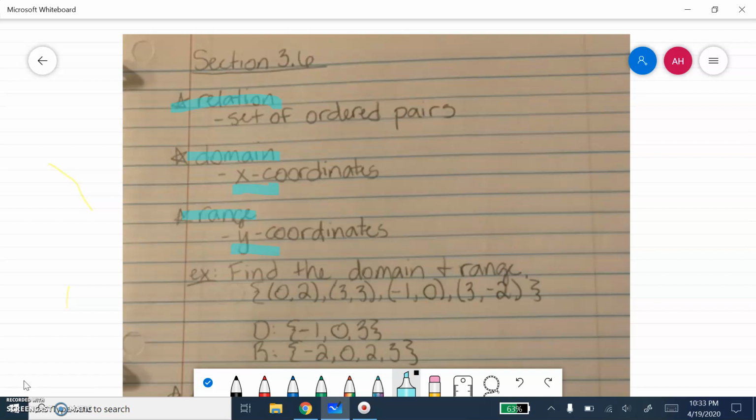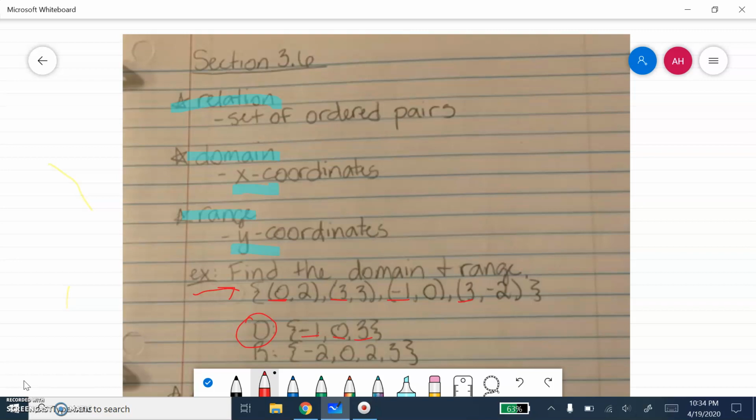So what I've done is given an example first. This right here is called a relation. So that's just a set of ordered pairs. And we want to find the domain and the range. So if we look at the domain first, that's your x coordinates. So we have 0, 3, -1, and 3. So I've put them in numerical order here, -1, 0, and 3. You don't have to, the order doesn't matter. But you do notice that even though there were two 3s, we only wrote it once,